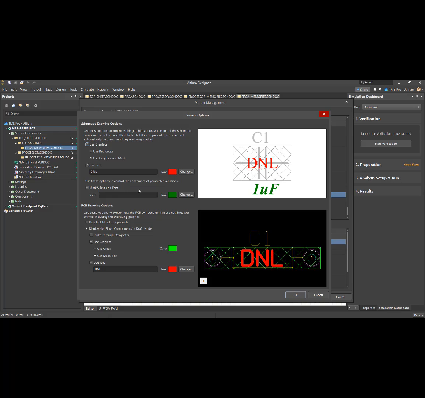And then if I have an alternate component, let's say I've got a different filter value on one of my variants, you can put a suffix in here. So you can suffix the parameters, or you can just change the font. In this case, the default changes it to green italicized, and I'm just going to go ahead and leave that. Now, the PCB drawing options, this is for the classic